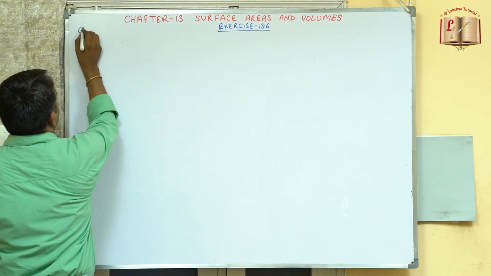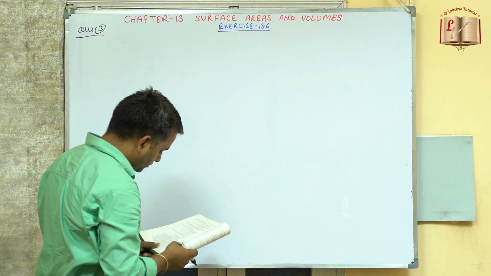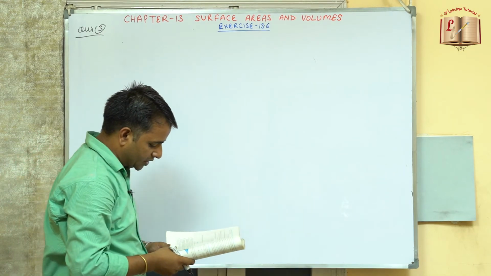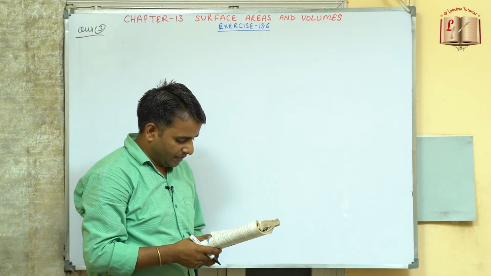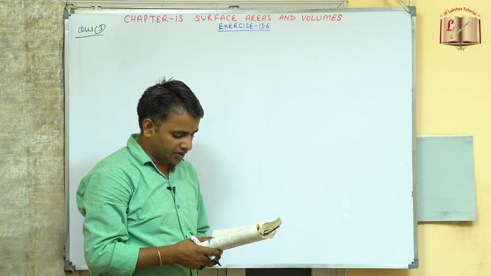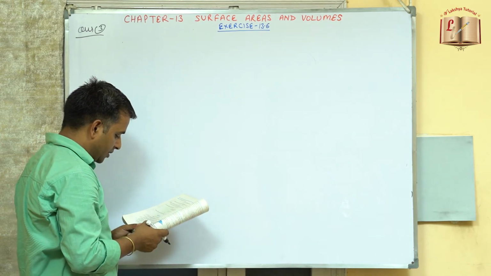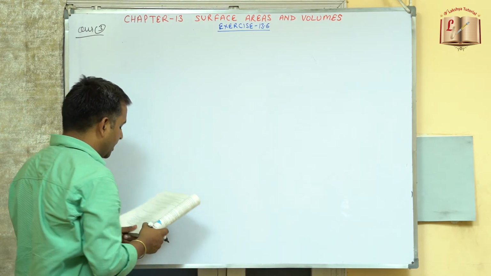So now coming to question number 3. A soft drink is available in the 2 packs. One is the tin can with the rectangular base of the length, width and having a height of 15 centimeter, and the plastic cylinder with the circular base this much. Which container has the greater capacity and by how much?